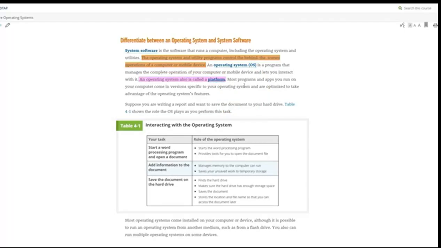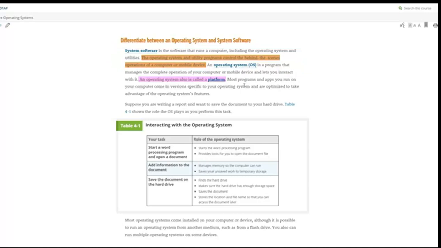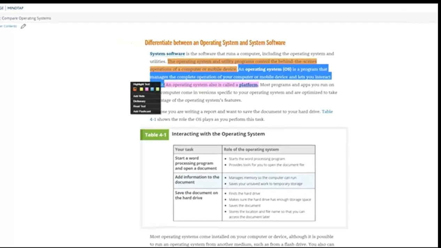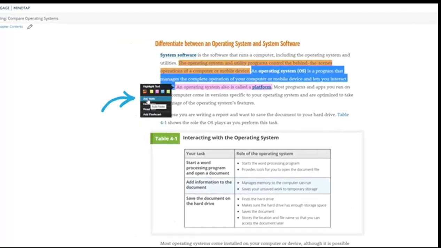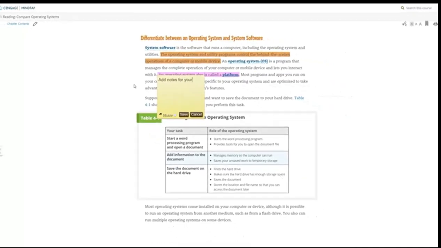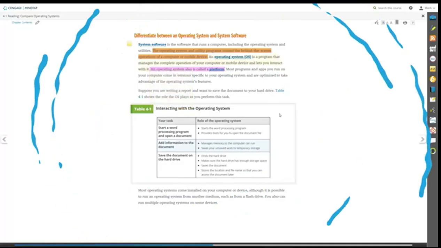Speaking of highlights, pay special attention to anything pre-marked in orange, because that's a highlight or a note shared by your instructor. Returning to the drop-down menu, notice the Add Note option. You can use this function to insert a note to yourself anywhere in the reading. All of your and your instructor's highlights and notes will save to the Study Hub app for you to review